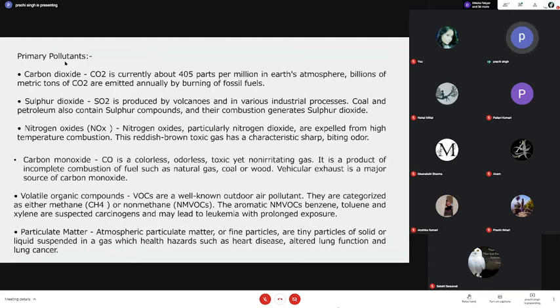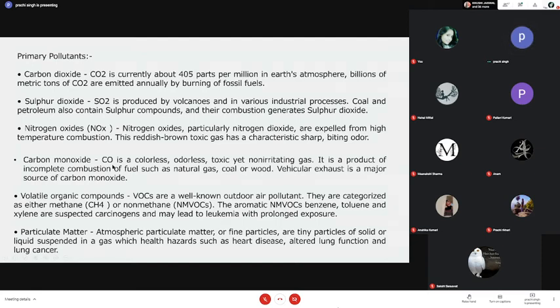Okay. Next come your oxides of nitrogen. Now, oxides of nitrogen also have the same sources as your sulfur oxides, and they can easily be seen. जो reddish brownish tinge देखते हैं ना smoke में या जो धुएं में, that is because of this nitrogen oxide. Okay, and they have a very, very sharp odor. Okay, now what is carbon monoxide? This CO2 only, when the oxygen supply is less, gets changed into CO.